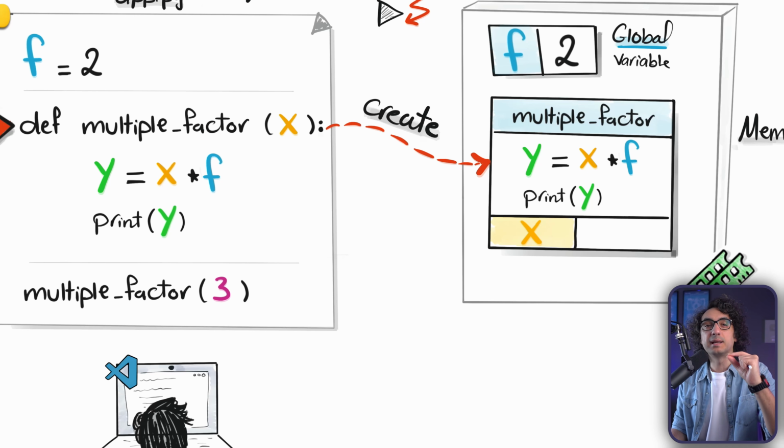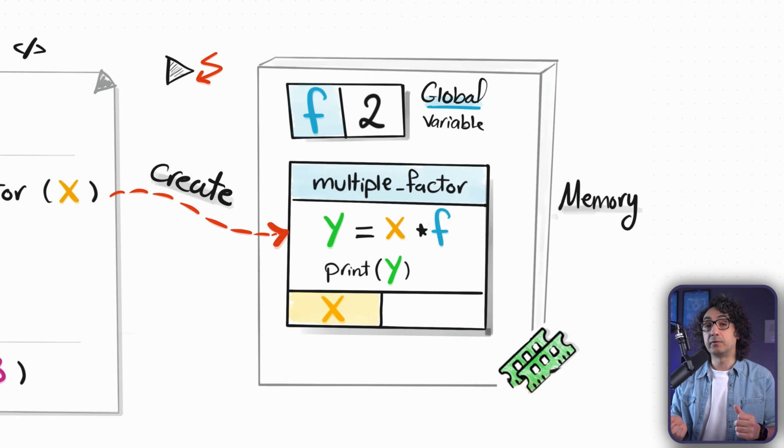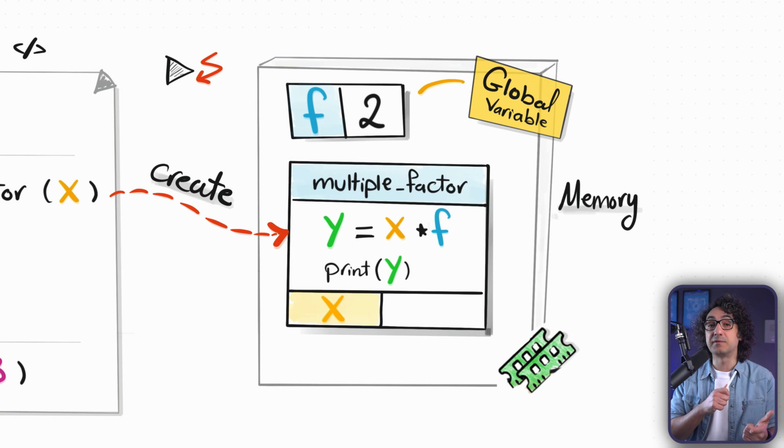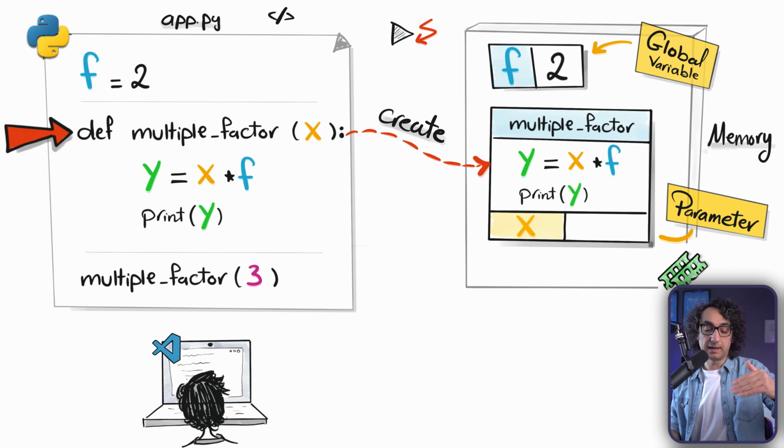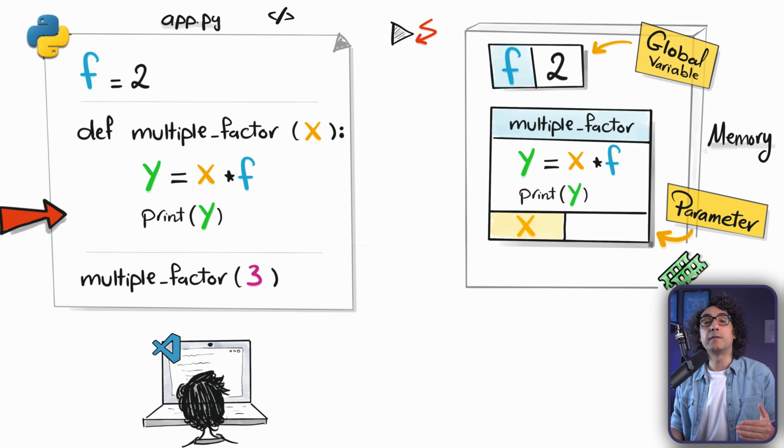The local variable y is not created yet, and that's because, as we learned in the definition of the function, Python will not go inside the body and start executing its code. And of course, without executing, Python will not know about the local variable. All Python knows is we have a global variable, the f, and its value 2. We have a parameter called x, but we don't know its value yet, and it knows nothing about the local variables. So now once it's created, Python is going to go to the next line, and here we have the function call with an argument value 3.